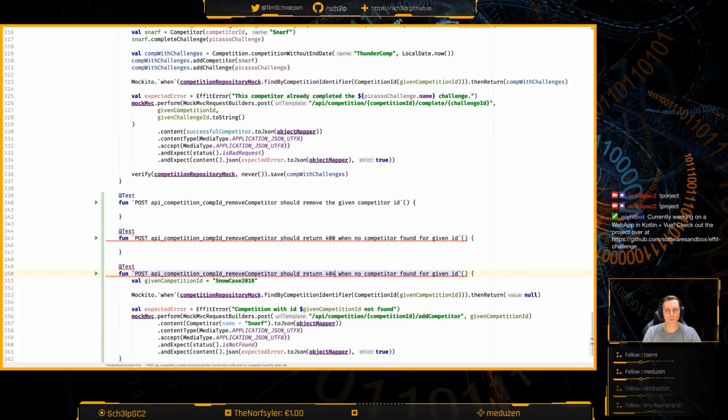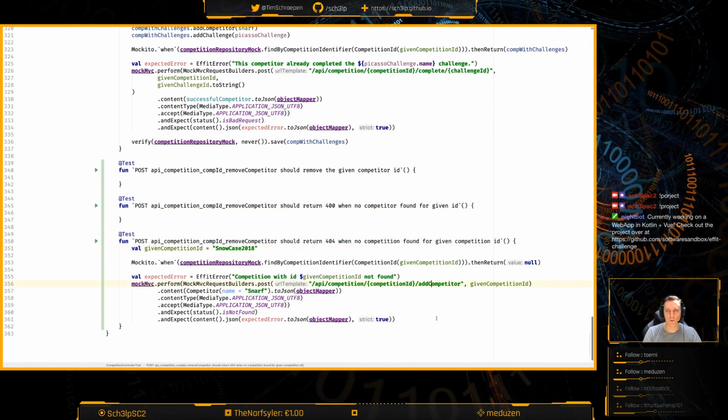Should return 404 when no competition found for given competition ID. And then you say don't add but remove. Here's the given competition ID. And everything is